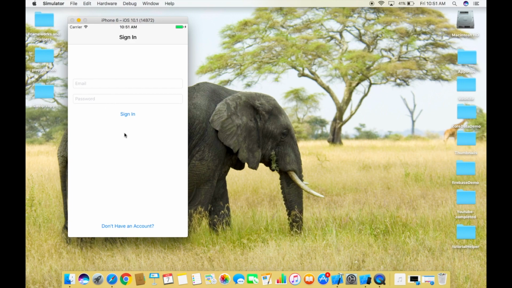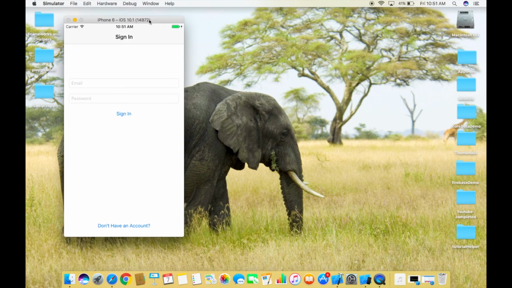As you can see here on the simulator, we have this login screen running. A few weeks ago, I released a video using Parse as a backend to create a login screen. A lot of people were requesting that I use Firebase instead, and I agree, it is more of the standard. So in today's video, we're going to look at how we can use